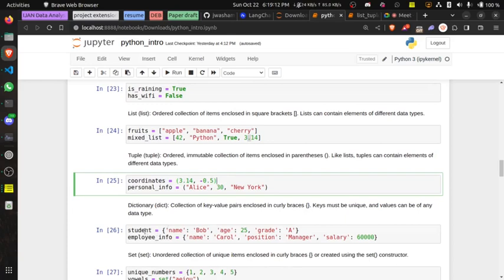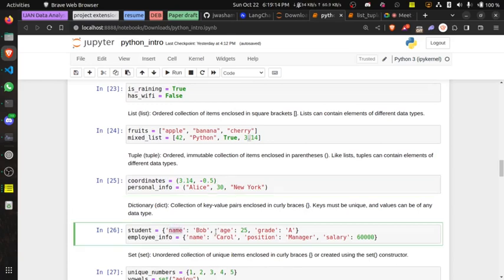This is like a dictionary. You can see name Bob, age 25, grade A. Let's say this is a student. The name of this person is Bob, his age is 25, his grade is A, maybe for a particular course. Now looking at this employee info, we are storing employee info here.